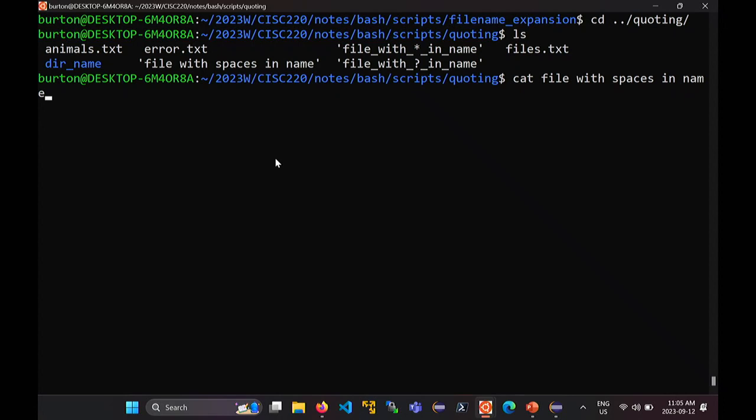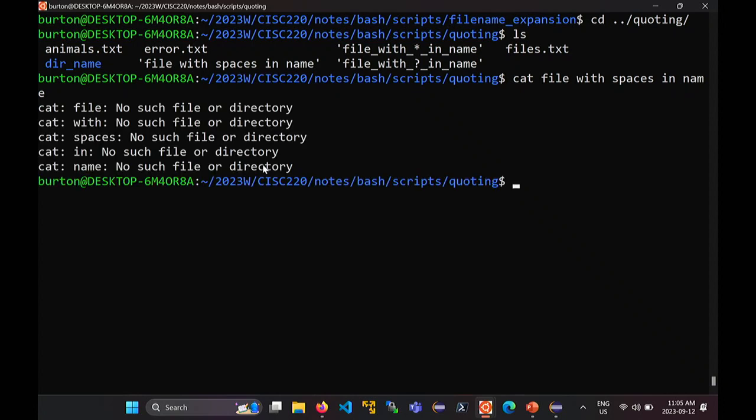You should know by now that's not going to work, right? This is asking the cat program to concatenate the contents of the file named file, the file named with, the file named spaces, and in and name all together. Those files don't exist, so cat complains. There is no file named file, there is no file named with, and so on and so forth. So one way to deal with this is to escape the spaces,